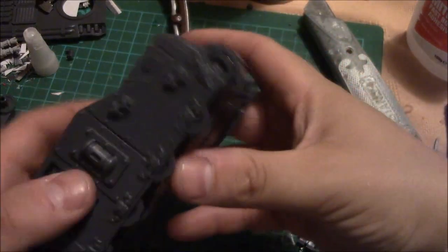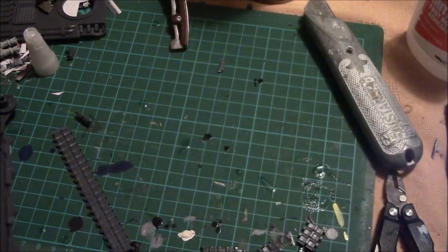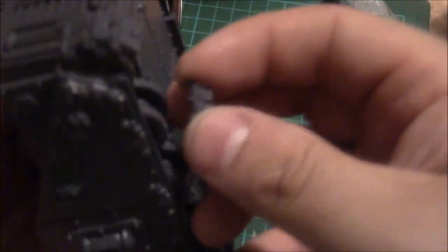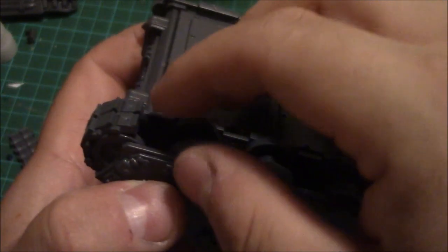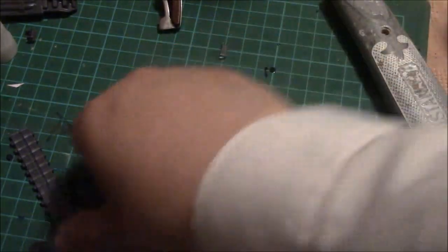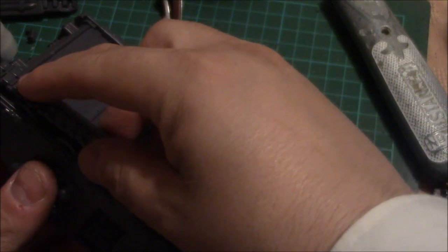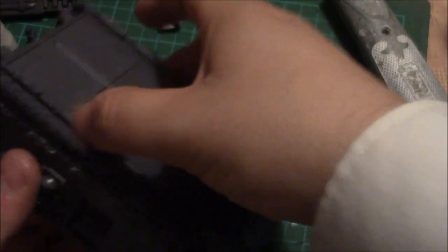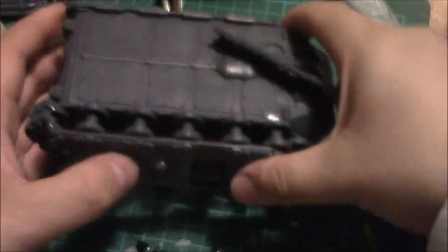But it will look like it's wrapping around the tracks, so there won't be any problems until you reach the very, very small pieces. So just to help you a bit more, there's 3 little teeth on this really small bit of track which will hold on with a bit of friction, only a tiny bit mind, which will help. So next we have all the track, well, the long bit should I say, and the teeth. Well, we'll go on to the next bit. If you've got it on right, it should just go on, which I have not, because it's not going on properly. So it's probably best if I unglue this little section, and then